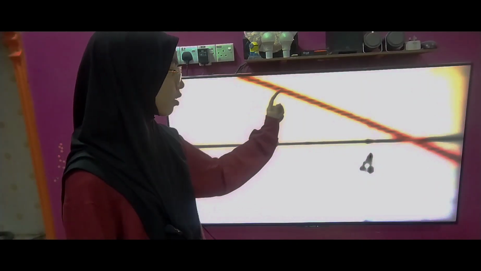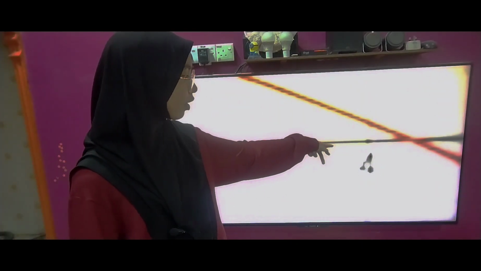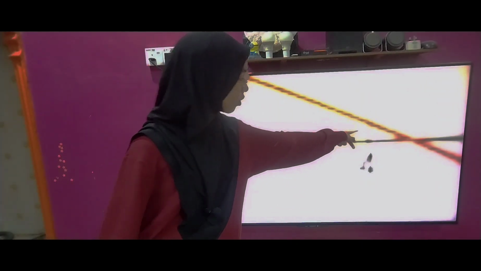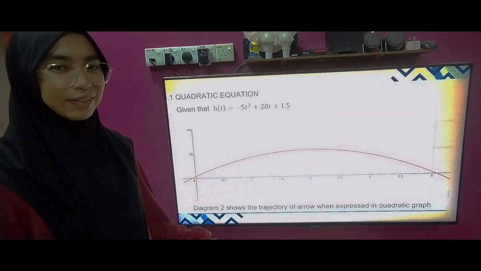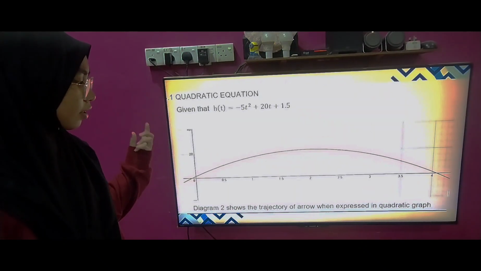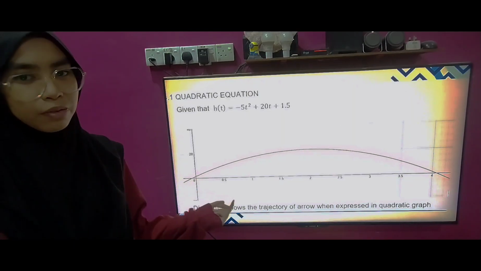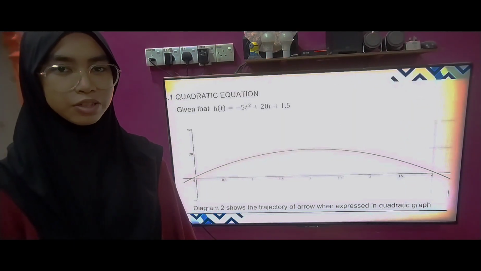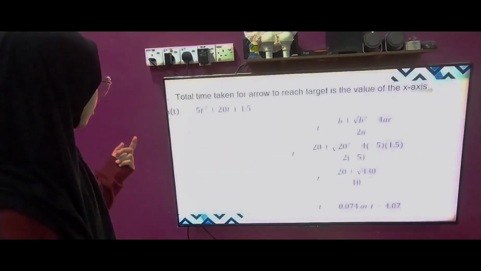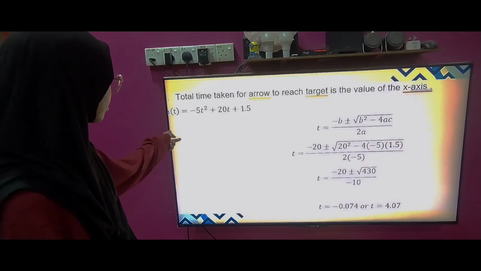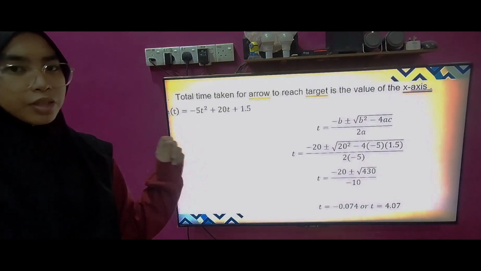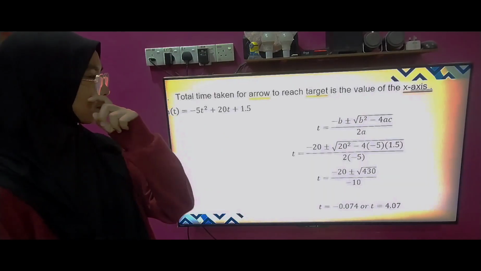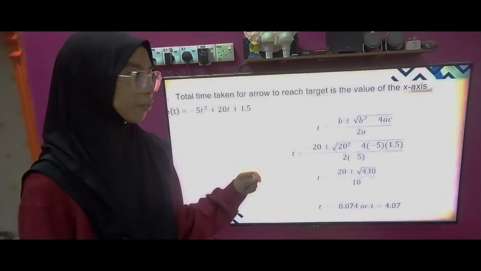But if it did not, it will hit this point right here. The graph that I just showed you is the trajectory of the arrow expressed in quadratic form. I already gave you the quadratic equation here: negative 5t squared plus 20t plus 1.5,